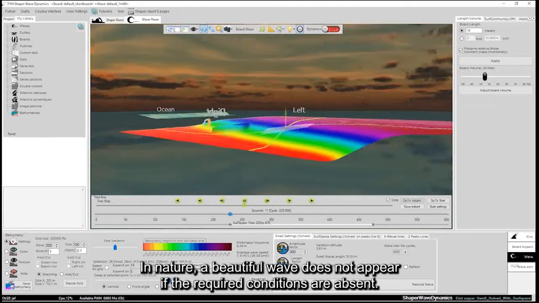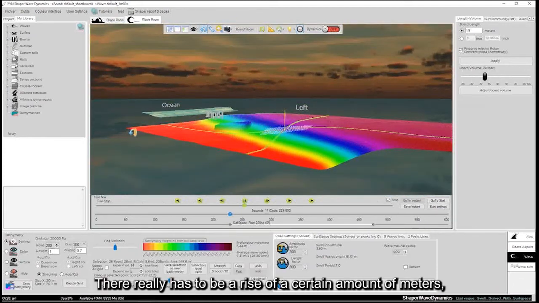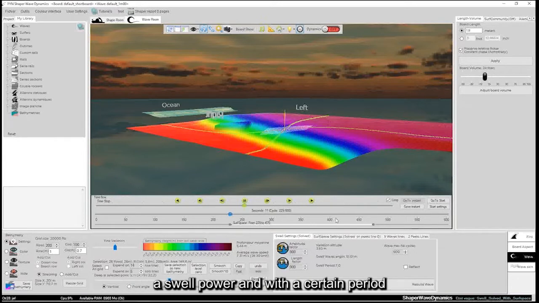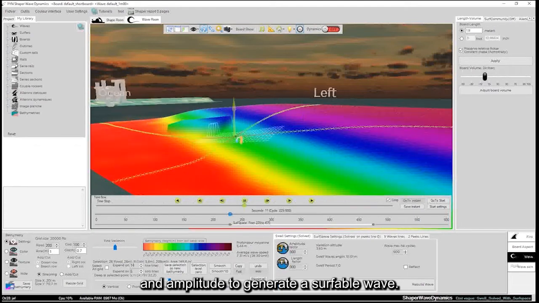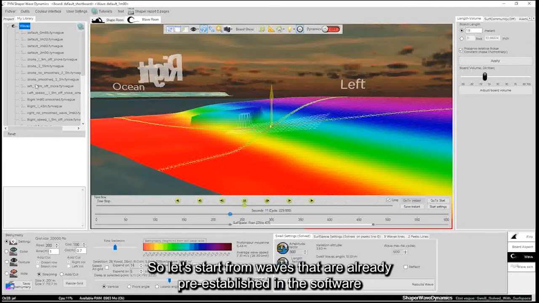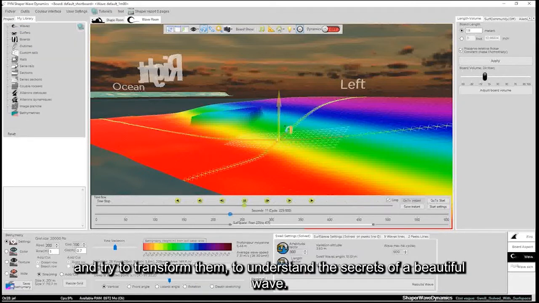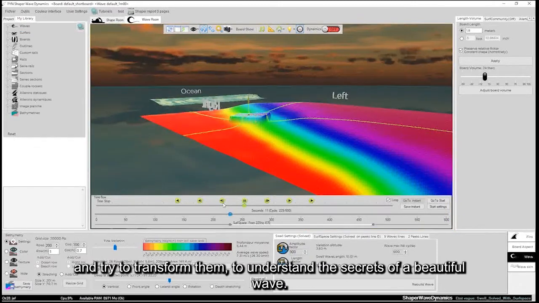In nature, a beautiful wave does not appear if the required conditions are absent. There really has to be a rise of a certain amount of meters, a swell power, and a certain period and amplitude to generate a surfable wave. So let's start from waves that are already pre-established in the software, and try to transform them to understand the secrets of a beautiful wave.